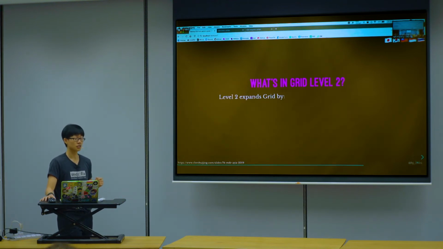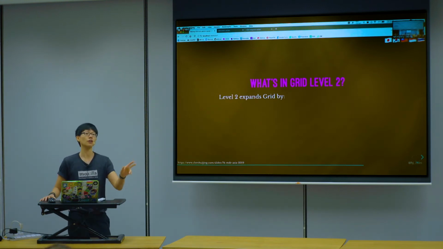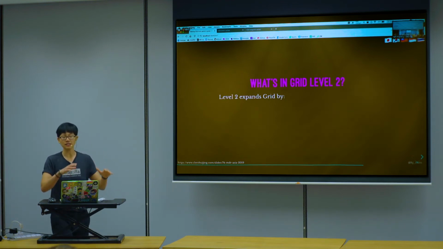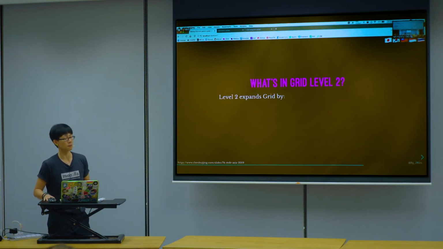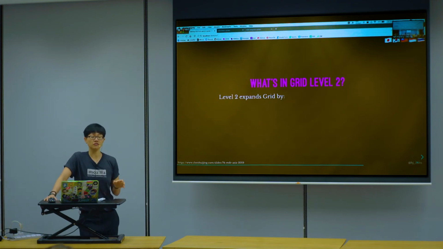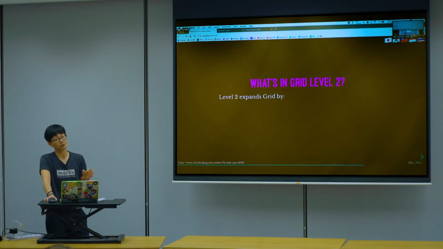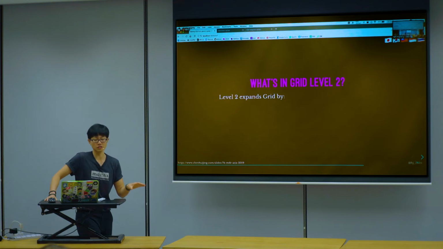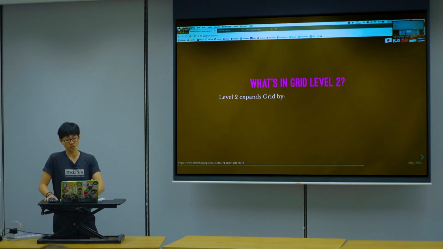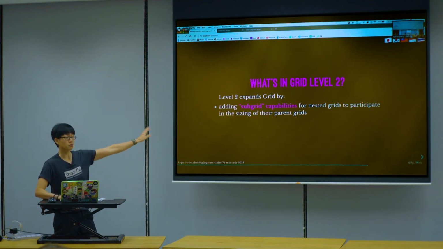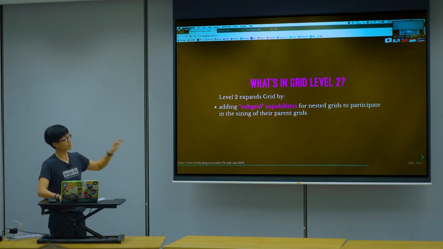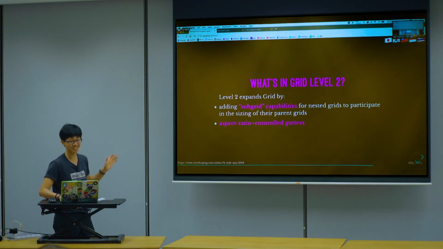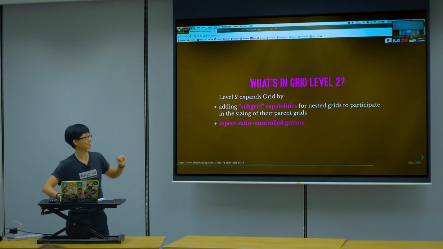Then the newer things like, let me think, containment. Containment is only level 1 because it's very new. So that's how the module and level system works. So subgrid, right? Subgrid has always been very important, but because there are a lot of edge cases that people need to take care of, it needed more time to make sure you implement it properly. So it got deferred to level 2. So level 2 of the spec got subgrid, which is nested grid, I'll explain later, and another thing called aspect ratio control gutters. Not going to talk about that today, only subgrid.